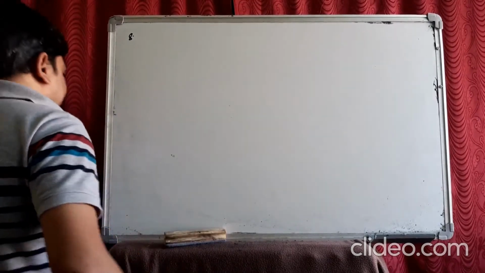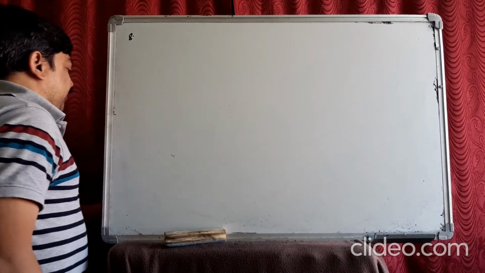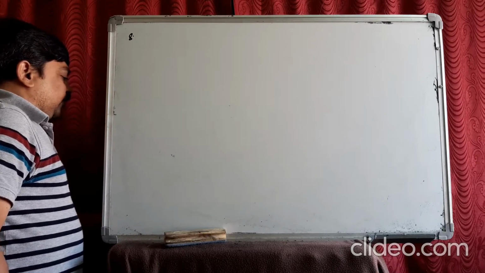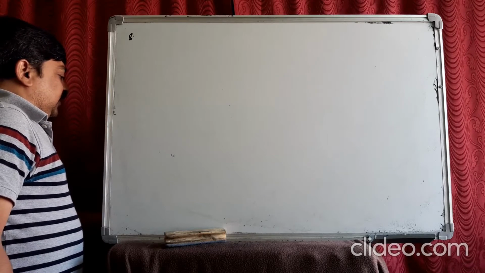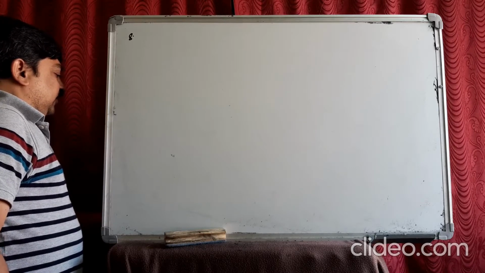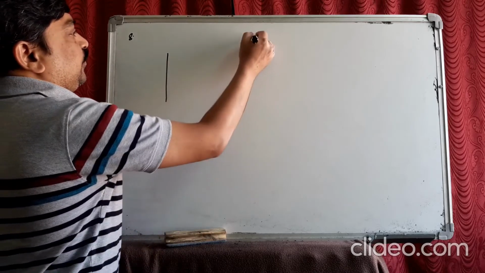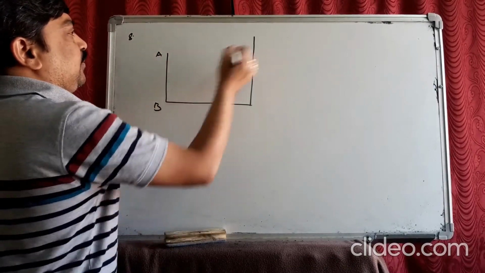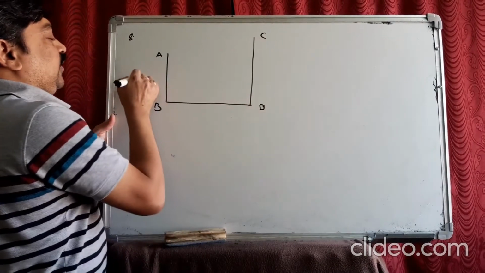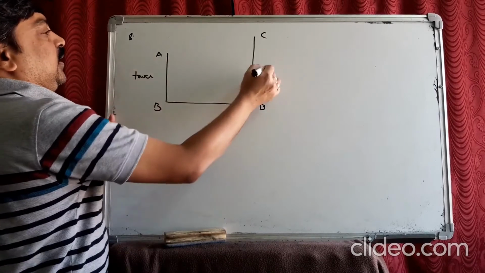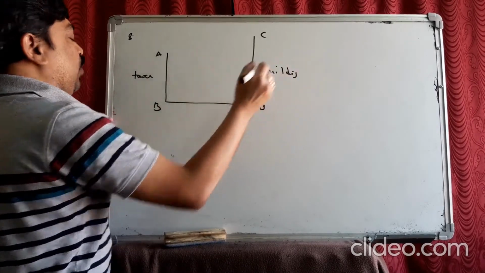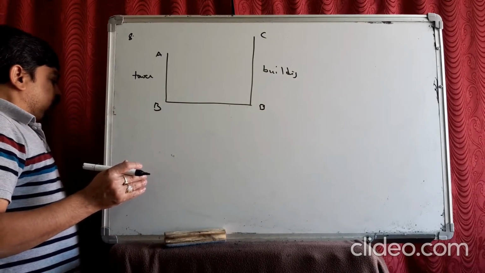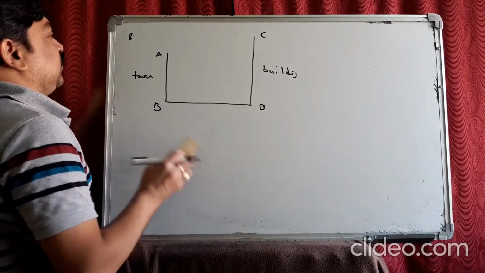See the 8th question. The angle of elevation of the top of a building from the foot of the tower and the angle of elevation of the top of the tower from the foot of the building is 60. If the tower is 50 meter high, find the height of the building. So there are two things here. We don't know which is bigger. One is the tower and one is the building. So we take one as the tower and one as building. Now what did we say? The angle of elevation. Oh, I'm sorry, this is the 9th question.